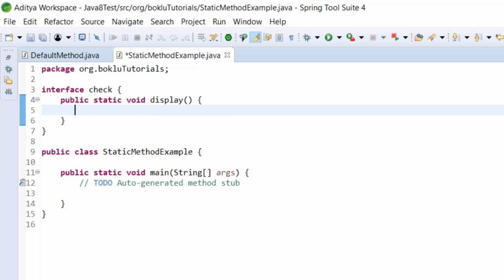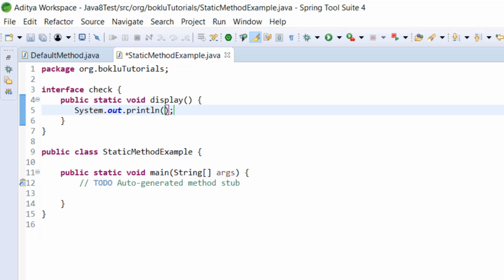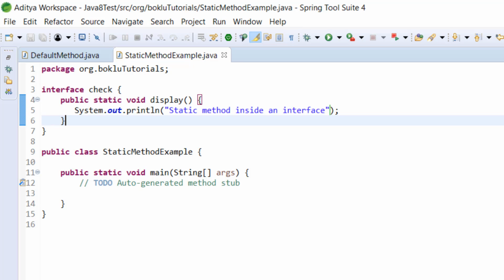So we will just display a simple statement. Let's say static method inside an interface. So I have written a static method.